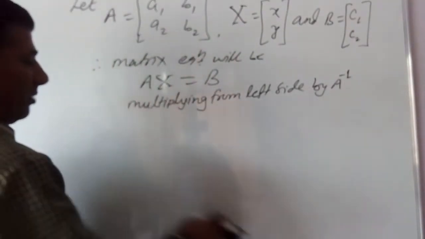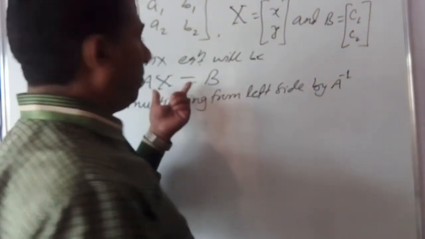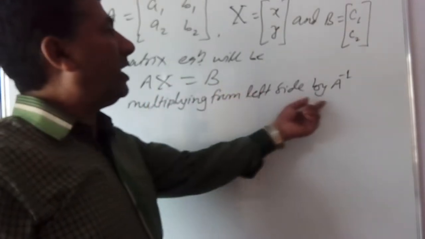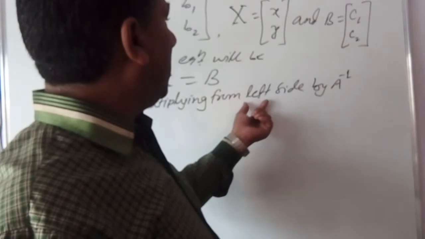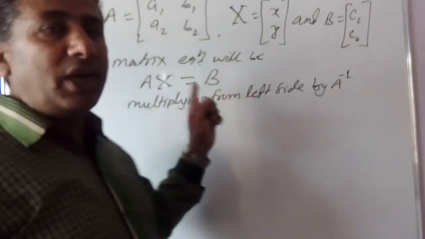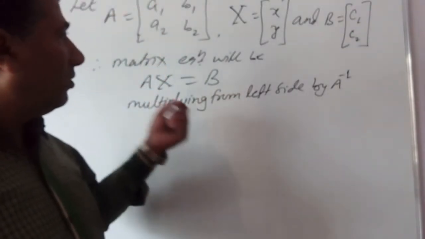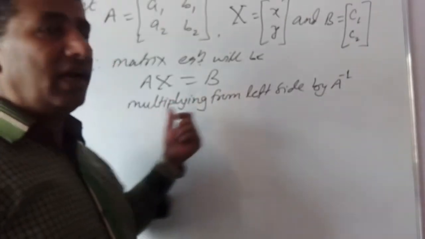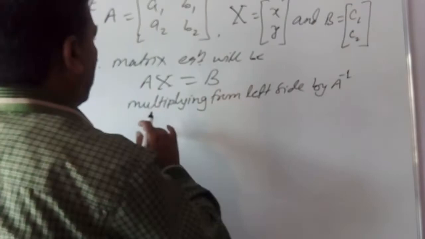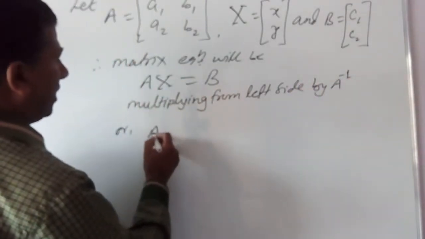In this case we have to multiply both sides from the left, multiplying this equation from the left-hand side by A inverse. Multiplying from left side means from this side we have to multiply. In the case of matrices we can multiply on the left-hand side and the right-hand side. Now from the left-hand side we are multiplying by A inverse, then it will be A inverse